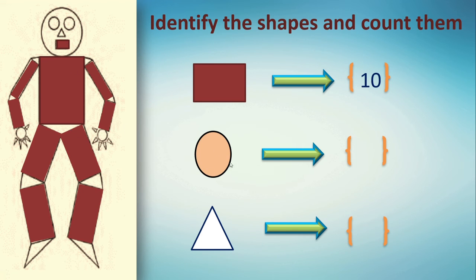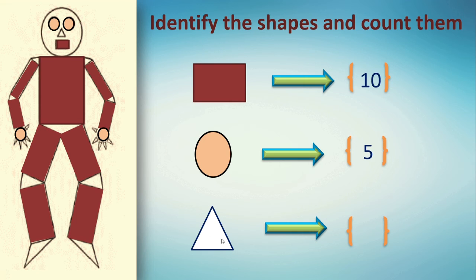Now we'll move to circle. Again we will begin with the face. Here you can see 2 circles, that is 2 eyes. 1, this is second, right? Then where is the third one? See here in the hand, third one. Here fourth one. Got? Here it is not there. Yes, here it is there. A face. This is fifth one. So we will write here 5 and we will remove this face color.